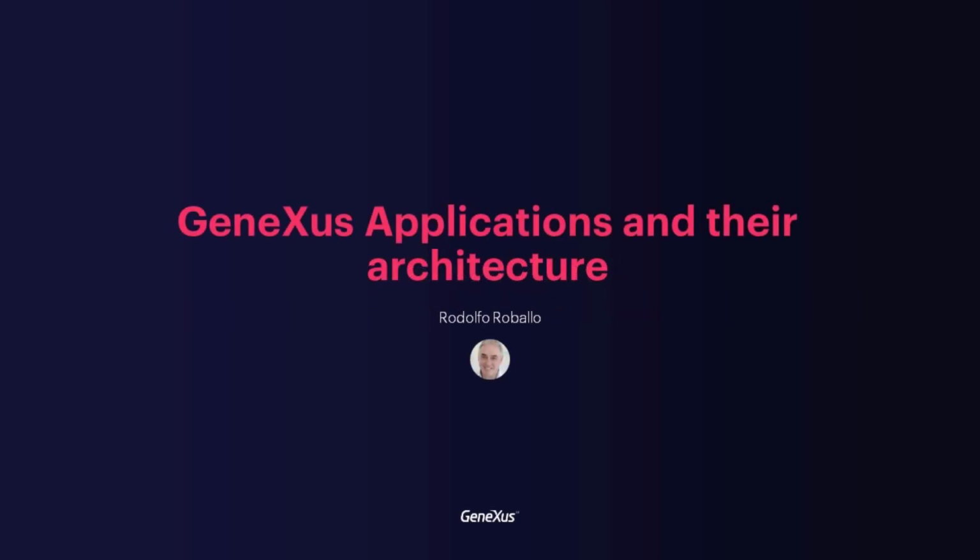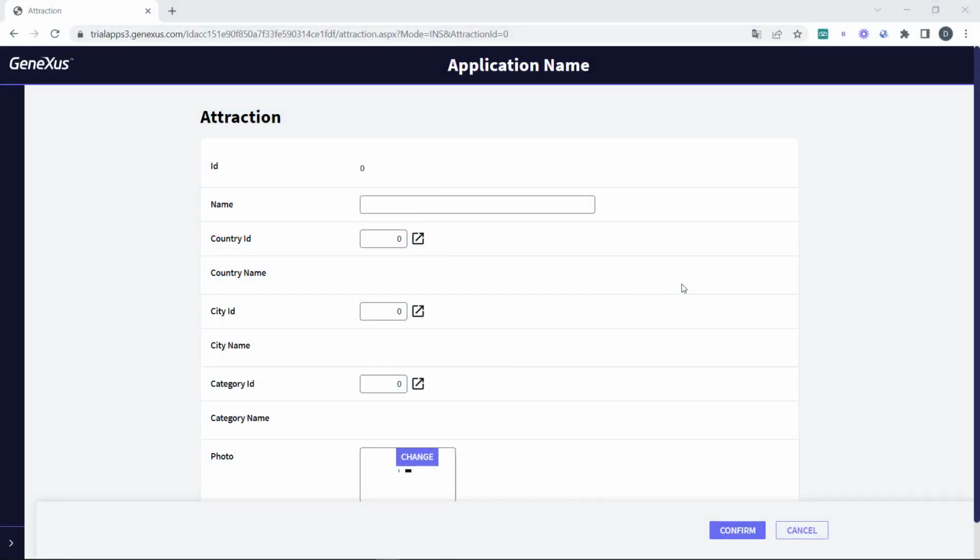As we saw at the beginning of the course, Genexus allows us to create different types of applications on different platforms. We'll now look at their architecture and how it relates to their logic, that is, how they're developed. So far, we've seen how transaction screens work, where data is validated when you exit each field and you receive a message, or that when entering a foreign key value, the name corresponding to that key is inferred. This immediate response received by the user from the application is called client-side validation.